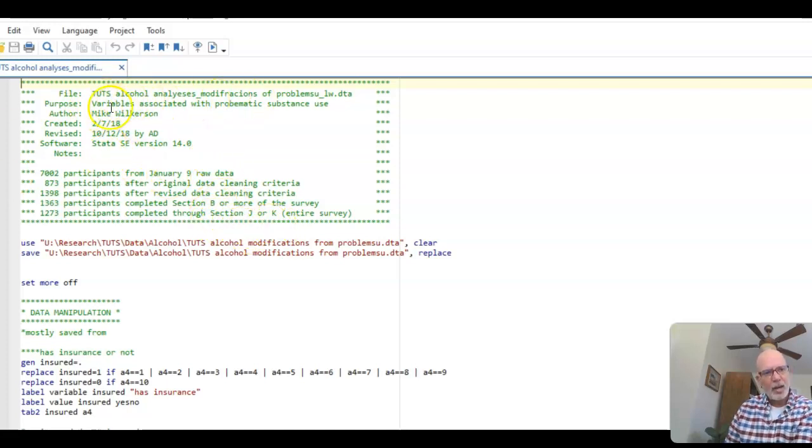So you have your file name, the purpose of the analysis. You can see this was variables associated with problematic substance use. That was the paper we were doing. I was the author in this situation, and it was revised by Angela DiPiola on October the 18th. We used Stata 14, and again, here was all the breakout of the VARs. You can see here,